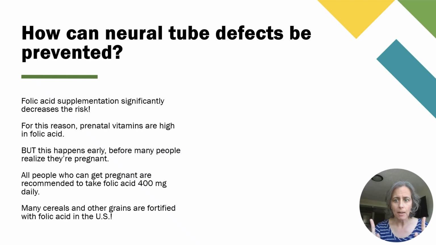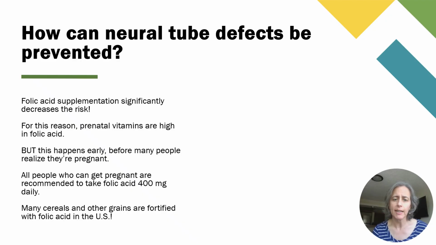But remember, this happens really early in pregnancy. It's just the first 6 weeks or so, and a lot of people don't even realize they're pregnant that early in the pregnancy. So for that reason, most medical organizations recommend that anybody who's of an age where they could potentially get pregnant should be taking a folic acid supplement. Now, of course, a lot of people aren't doing that. And so to help also decrease the rate of neural tube defects,